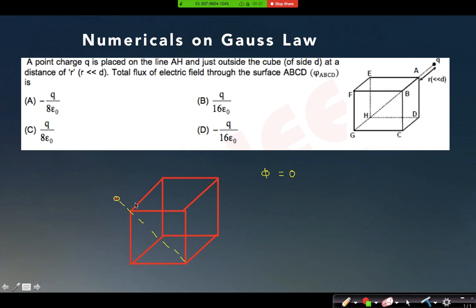Now I have to find the electric flux through the surface ABCD. That means this surface it is talking about. Now can you see that for this charge Q, this surface ABCD and this upper surface, they are similar. For this charge Q, this front face and this upper face are similar, symmetrical, right? As you can see if I draw these two surfaces like this,